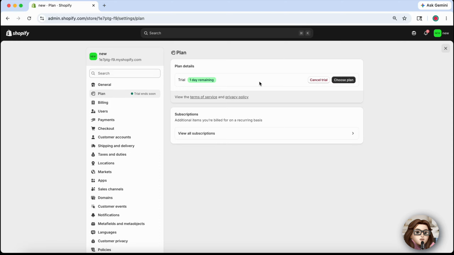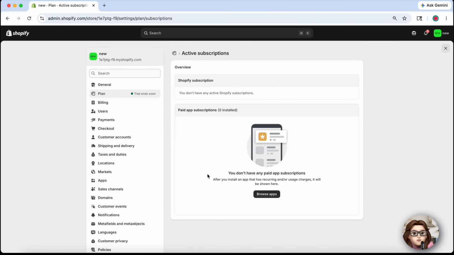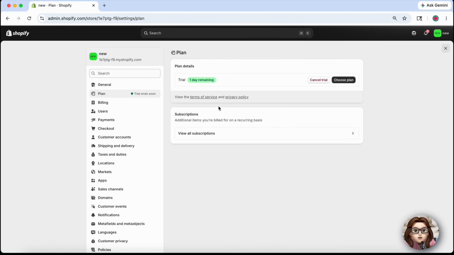Before finalizing the cancellation, make sure you back up important information like customer data, order history, product listings, and reports. You should also review any active app subscriptions or third-party services connected to your Shopify account because some services may continue billing separately. If you purchased a custom domain through Shopify, consider transferring or managing your domain before closing the